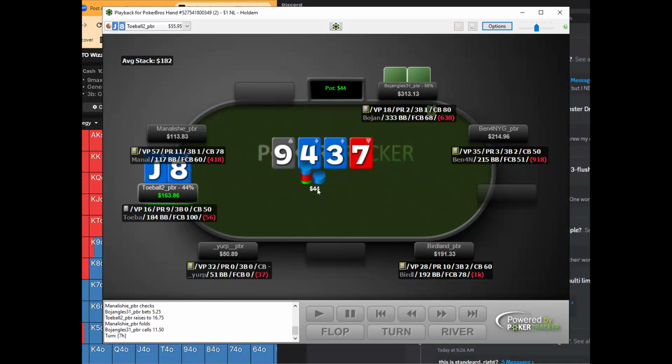So what are our targets to fold out? Our targets to fold out would be a weaker 9x, like 9-8 of hearts, maybe like 10-9 suited, which he might have, but he's tight. It doesn't mean he just has sets, but it means that